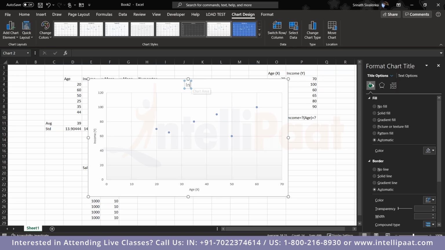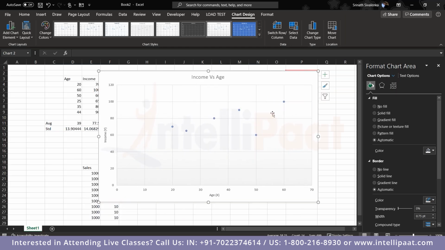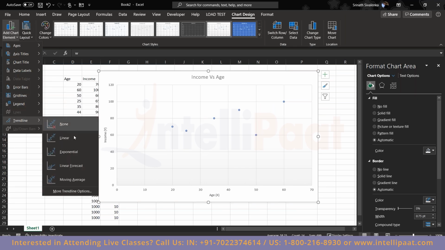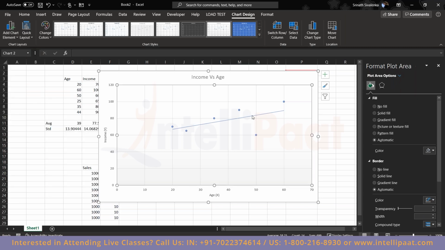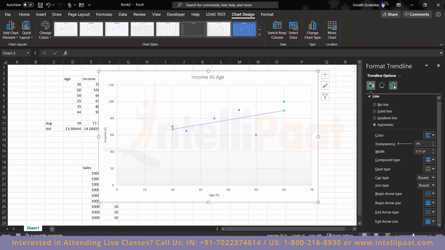So this is income versus age. I'm just doing some simple embellishments over here, doesn't matter. But the point is, this is how it looks. Now the next part is that given that your data looks like this, what you could simply do is add a chart element. You can click on a chart element and go to trend lines and then just go to linear. Just click on the linear trend line, and